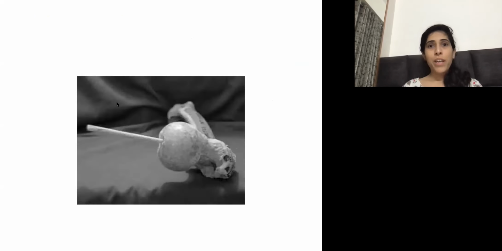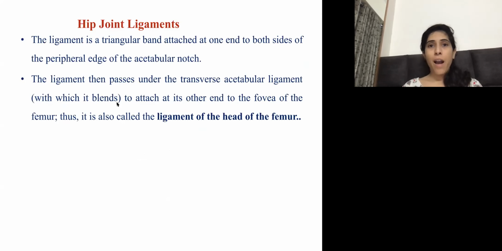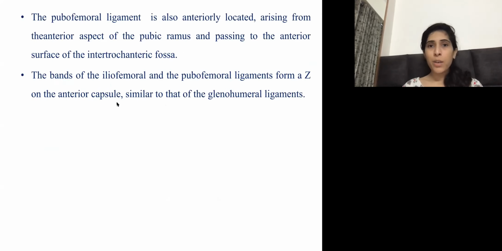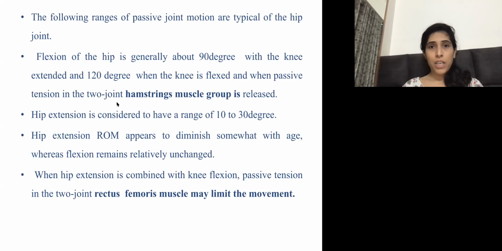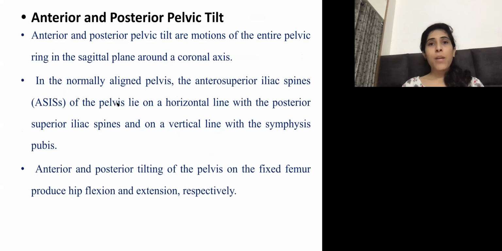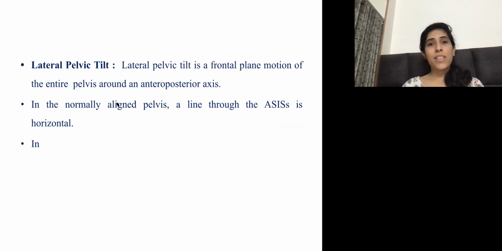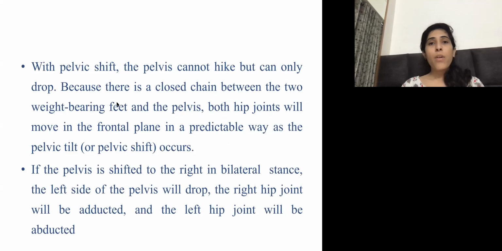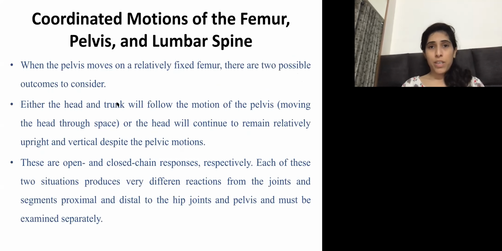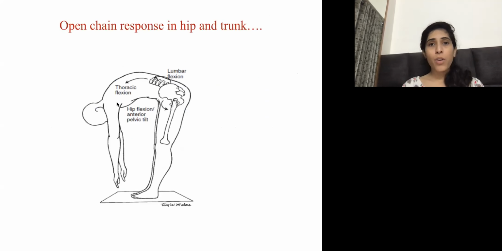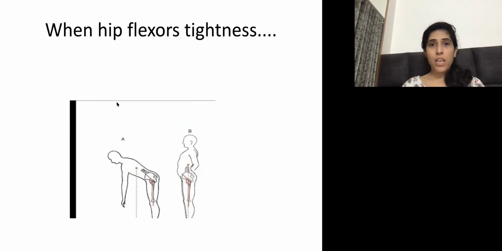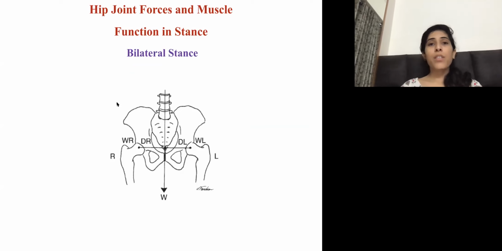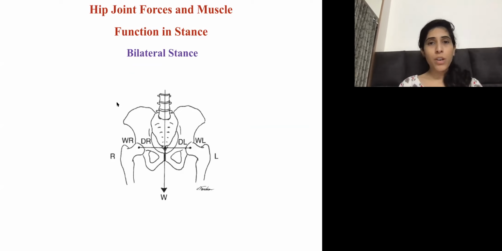As we all know, whenever we stand, our head, arm and trunk weight is taken equally by both the lower extremities. If both lower extremities are taking equal weight, then both hip joints will get the same compression. Both our lower extremities have a weight of one third of the total body weight, so each individual lower extremity is taking one sixth of the body weight. Okay, and our head, arm, and trunk weight is two-thirds of the body weight.